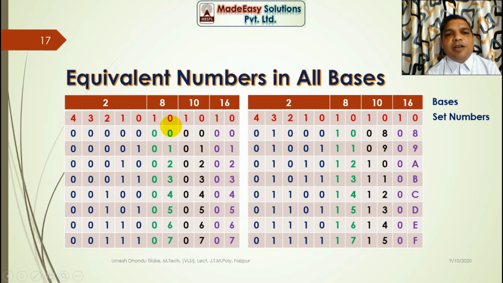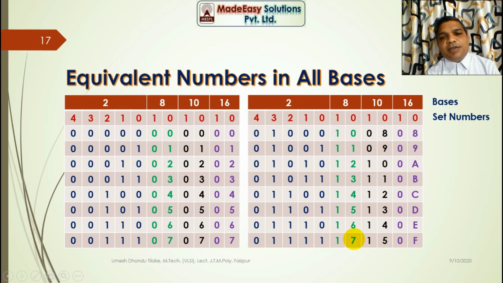Now come to octal numbers. In octal numbers, in set 0 I have used all the basic digits, that is 0 to 7 over here, and in set 1 the first digit, that is 0, is used and kept constant until the final digit used in set 0. After that in set 0 all the digits are repeated, see over here, and the next digit to 0, that is 1, is used in set 1 and kept constant until the final digit of set 0.